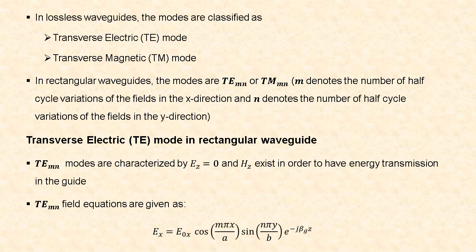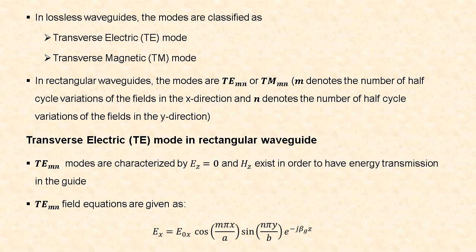x direction, and n denotes the number of half cycle variations or half waves of the electric and magnetic fields in the y direction, if the propagation of the wave is in the z direction. Next we will see in detail about the transverse electric, that is TE mode, in a rectangular waveguide. These modes are characterized by Ez equal to 0, that is, the electric field intensity in the z direction is equal to 0, and Hz exists, that is, the magnetic field intensity in the z direction exists in order to have energy transmission